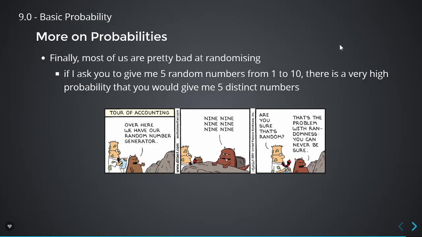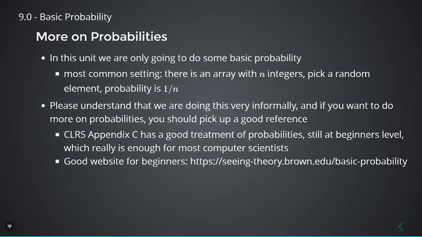But in reality, if I ask you to give me 5 random numbers from 1 to 10, there's a very high chance of a repeat. And humans just don't do that. Humans are bad at randomizing. So I like this Dilbert cartoon about it. That's a very nice way of saying that. And yeah, I think that's it really. So just some fun stuff at the end there to hopefully make you interested in probability, because otherwise it's pretty